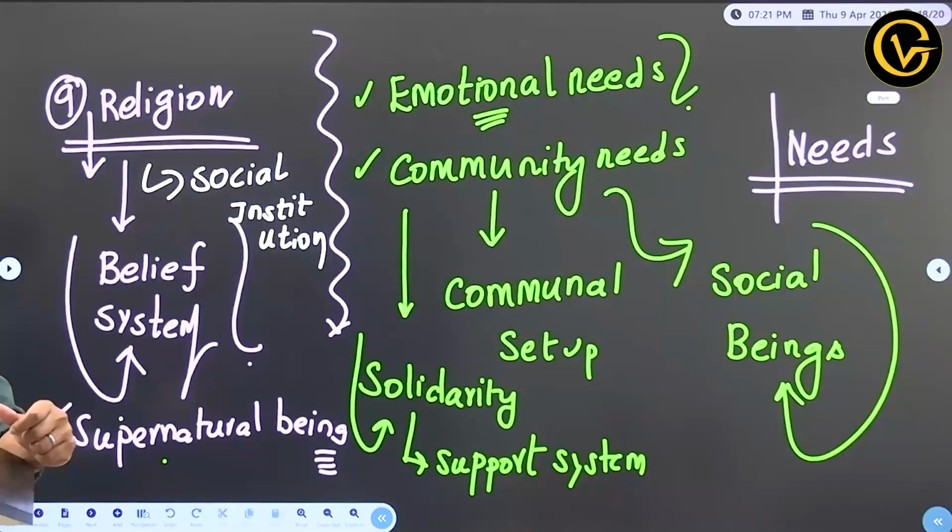Community needs. In today's class itself, I told you people are becoming increasingly individualistic. It's all about selfishness. It's all about being self-centered. It's all about thinking about us, ourselves. Now people stop thinking even about the family. At least in the past, people used to think about the family. Now it's all about us, our goals, our needs, our luxuries, our happiness, to the extent that we don't even think about the family. Are you understanding what I am trying to say?